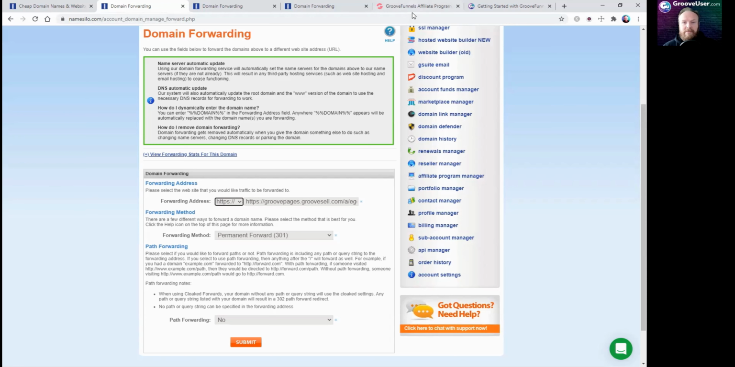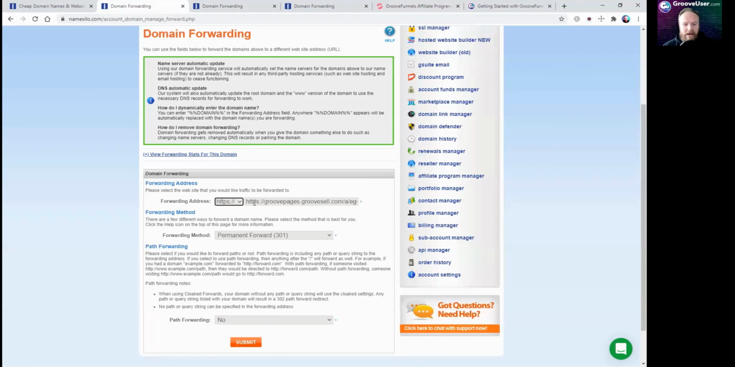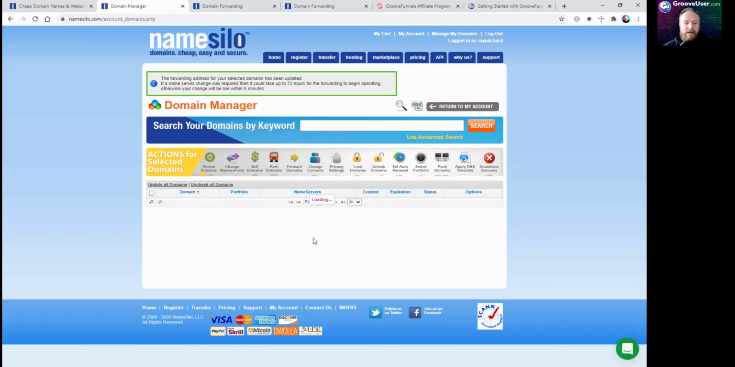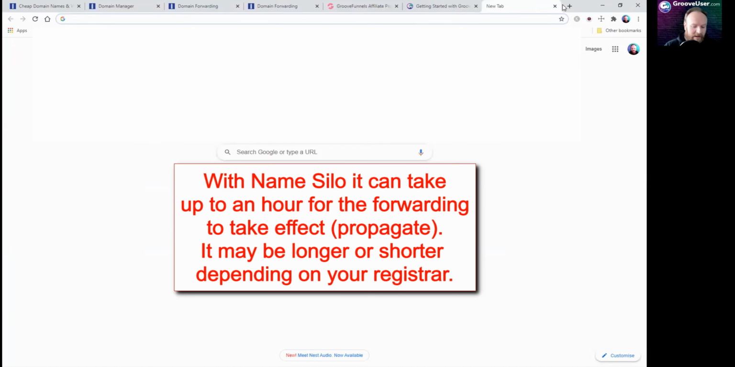If you look back on GrooveJV, there's HTTPS at the beginning. And in the bit that we've pasted in, we just need to knock that off the beginning because we've already got it here. So take off the HTTPS, the colon and the 2 slashes, and then leave it like that. Make sure your whole link is in there, and you've got your HTTPS at the beginning. Click submit. Make sure your method is on permanent forward, so it's called a 301 redirect, and that's it done. So now, if I go to that domain,